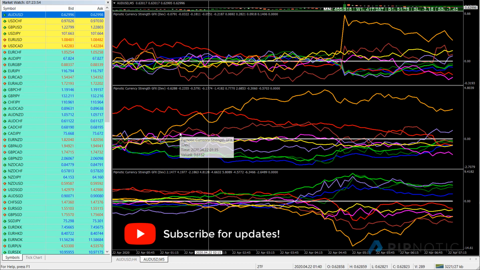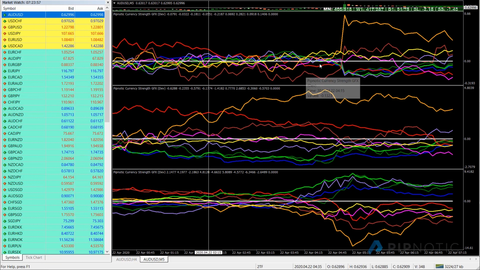So this is showing us where the flows currently are. And so if you look at this, the most intuitive approach would be to buy the Australian dollar and to sell the Canadian dollar. And while that sounds like a pretty logical methodology when using currency strength, there's a problem to that, and the problem is that